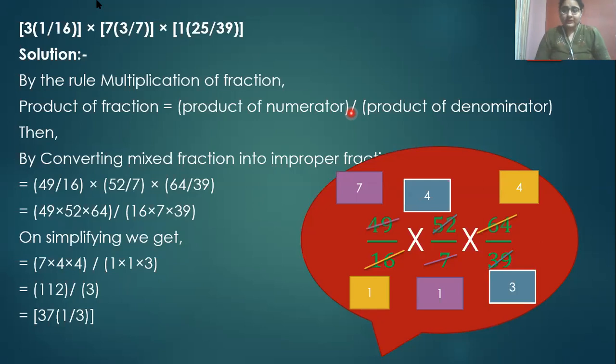So all I want to request you is make yourself very at ease with all the tables. Make sure you know all the tables. You master the art of cancellation, and I'm telling you, the more you practice, the easier cancelling will become for you. Because whenever larger numbers are involved, and if you cancel them out right there, the calculation becomes extremely easy. So I want you to practice more.